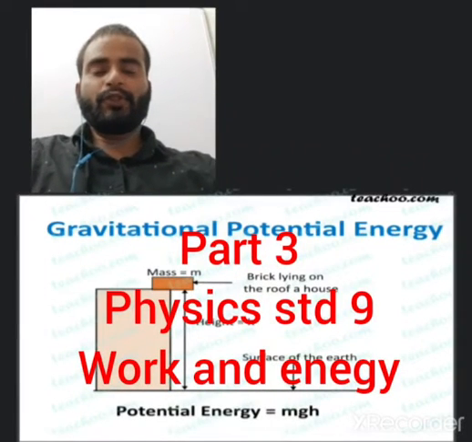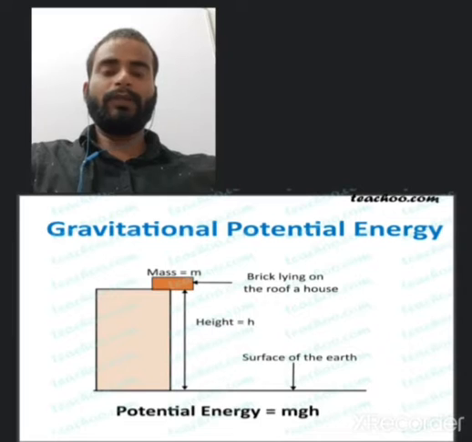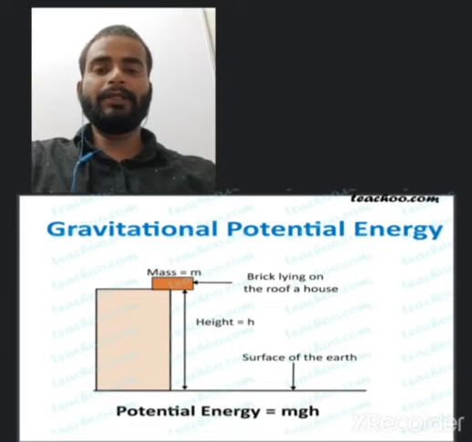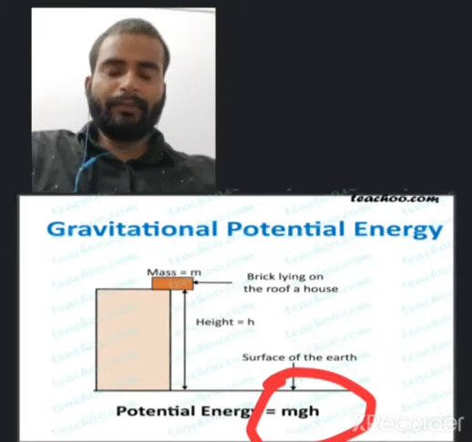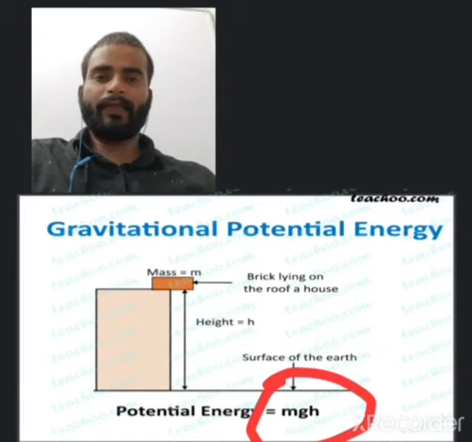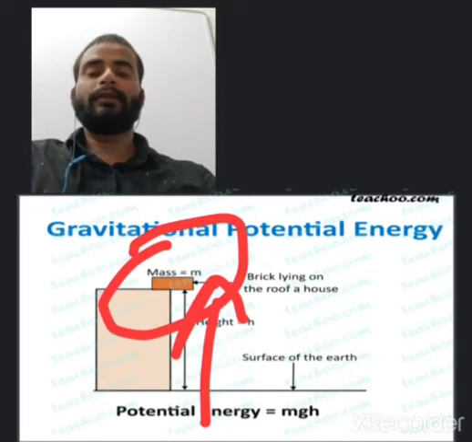Next thing is the gravitational potential energy. Gravitational potential energy is what? Potential energy is mgh. Potential energy will be equal to what? What is the formula of the potential energy? mgh. Potential energy is mgh. It is also very simple to understand: a body is kept here and its mass